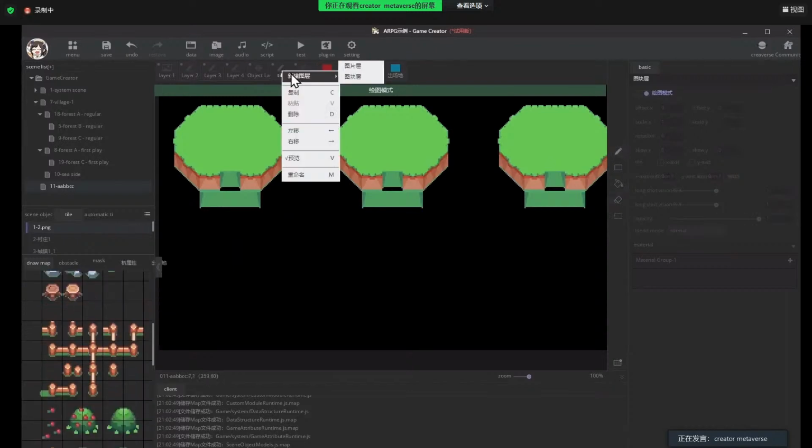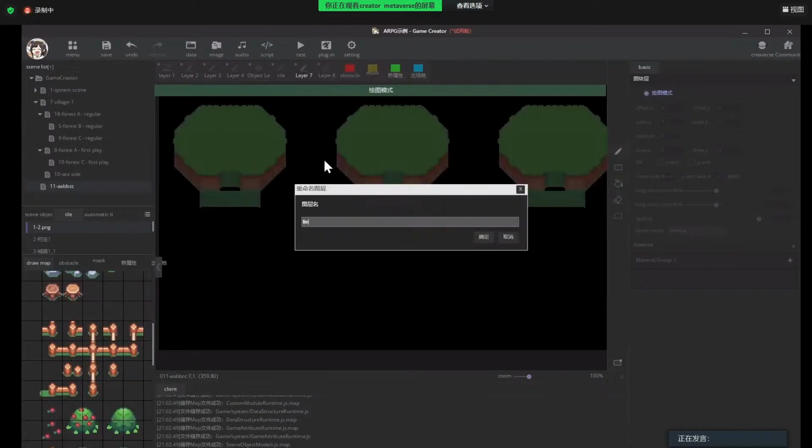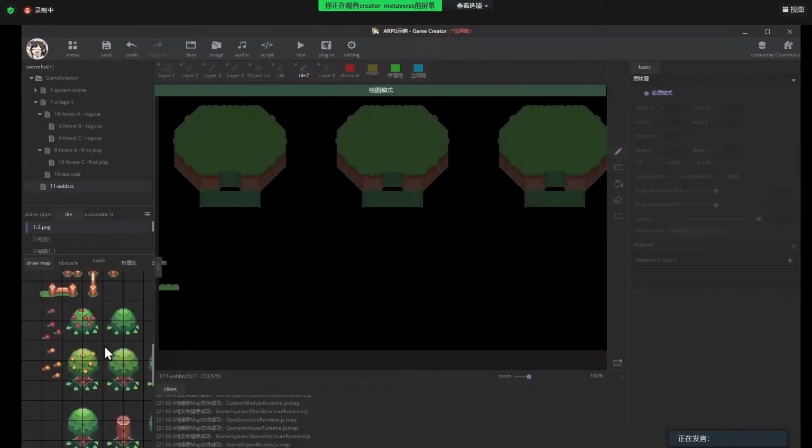And we create another one, tile 2, to get some trees there. Okay, we place some trees and plant some bushes.